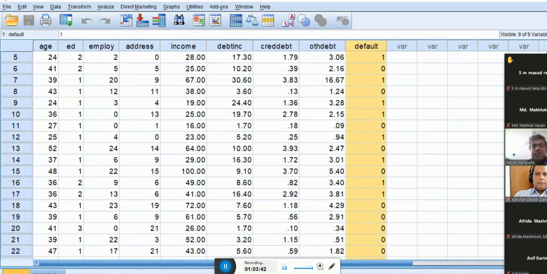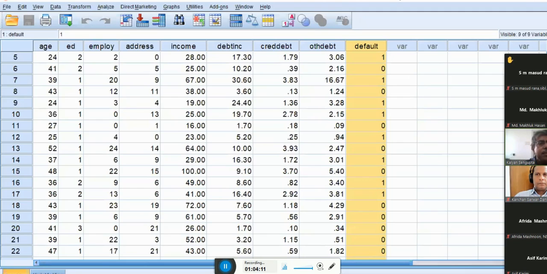With this kind of data, we can apply a decision tree algorithm. Up till here, I hope that this is okay. I go to the SPSS software.